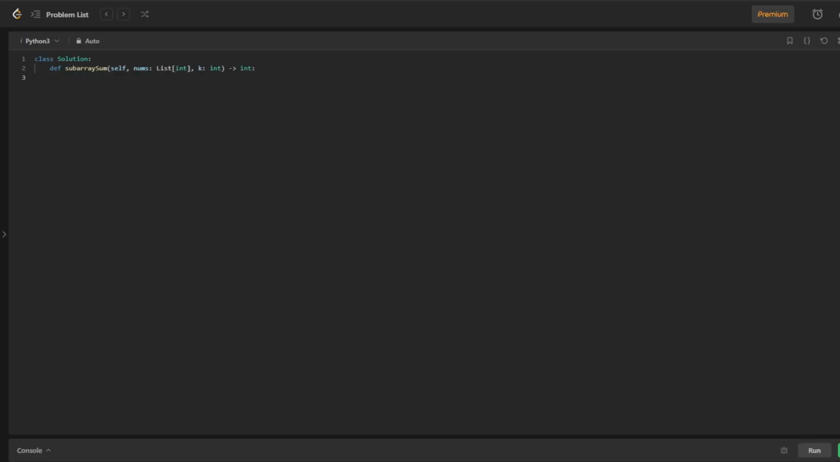Okay, we're on LeetCode and we can start writing the code for this algorithm. First, we can initialize the prefix map, and we already know that the 0 value is going to be initialized with a count of 1. Then we can initialize the total sum value and the result value. We want to iterate over the nums array,